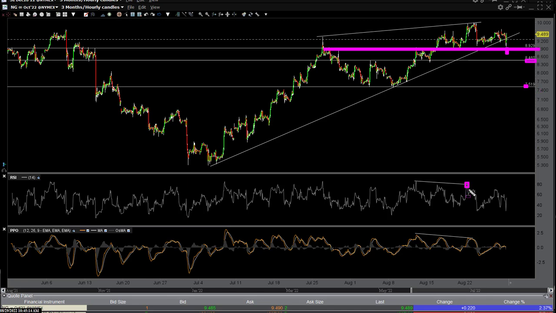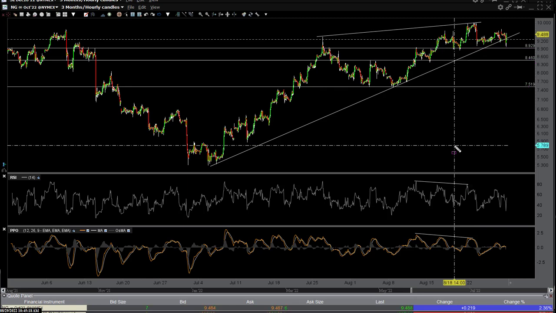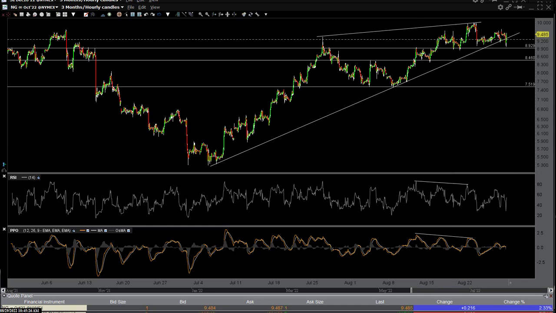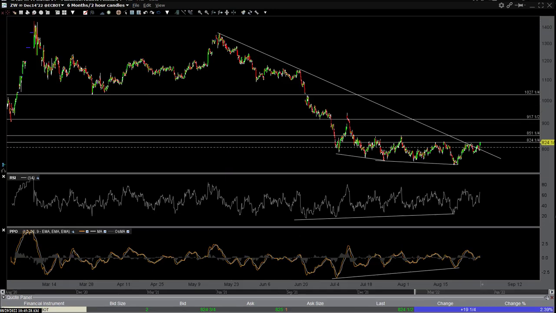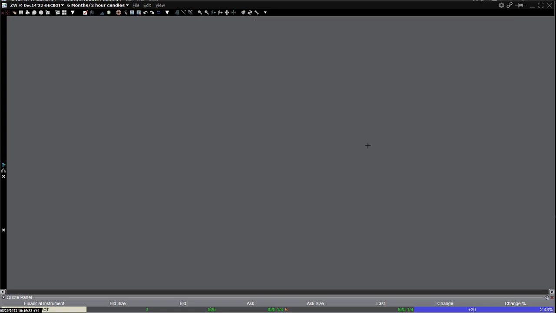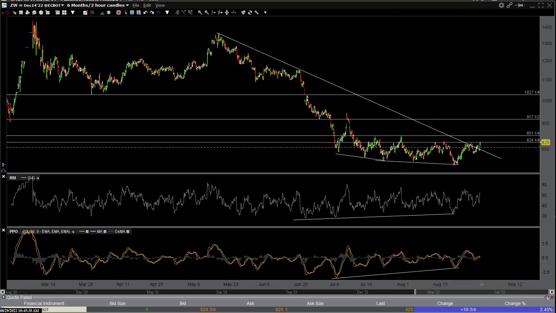And you have this negative divergence right here on the indicators, so I laid out targets for you on both this and Boyle, which is the cold, KOLD, the 2 times short nat gas. Mentioned to you wheat recently, I think last week or the week before, or both. Liking that one. Remember, a lot of ag commodities had a little correction, but they're still in a